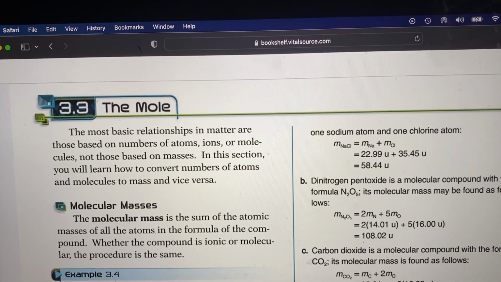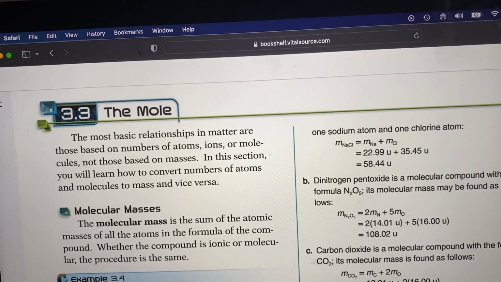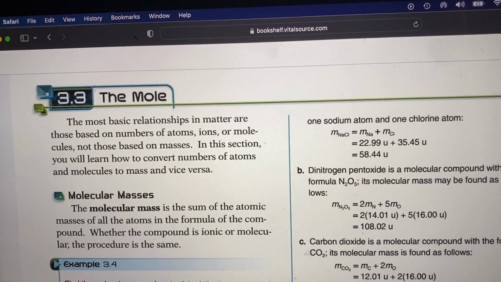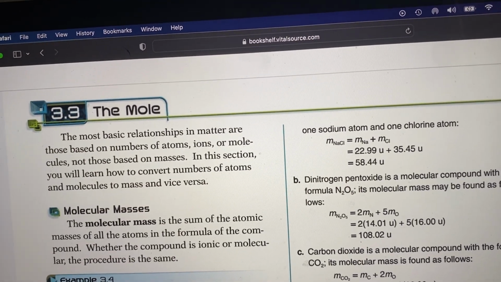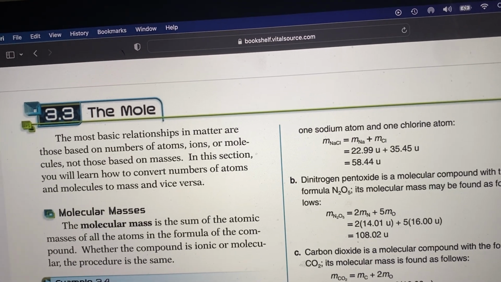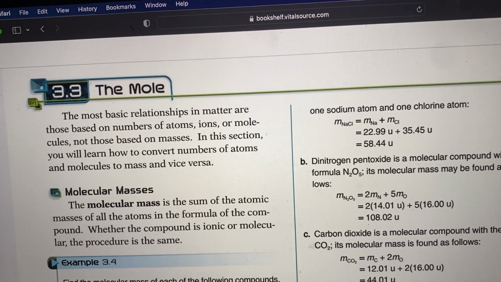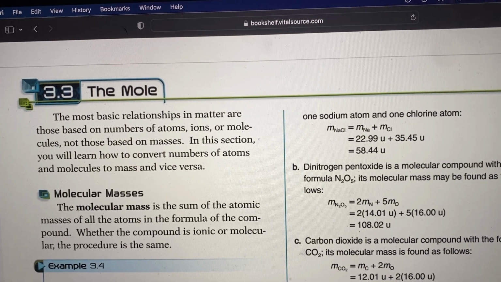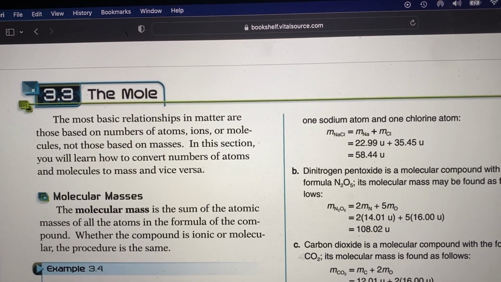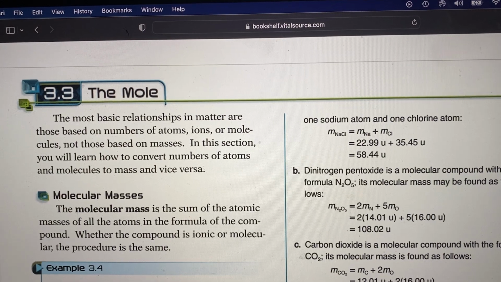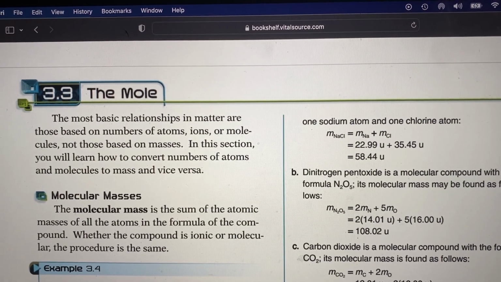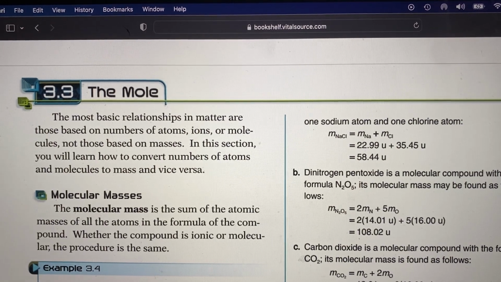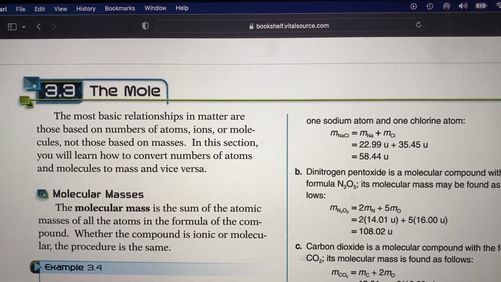So we're on chemistry, chapter 3, section 3, and we're going to be talking about the mole. Probably you've never heard about this before, but it's not going to be as complicated as you think. See, basically the most basic relationships in matter are those based on the numbers of atoms, ions, or molecules, not those based on masses. In this section, you will learn how to convert the number of atoms and molecules to